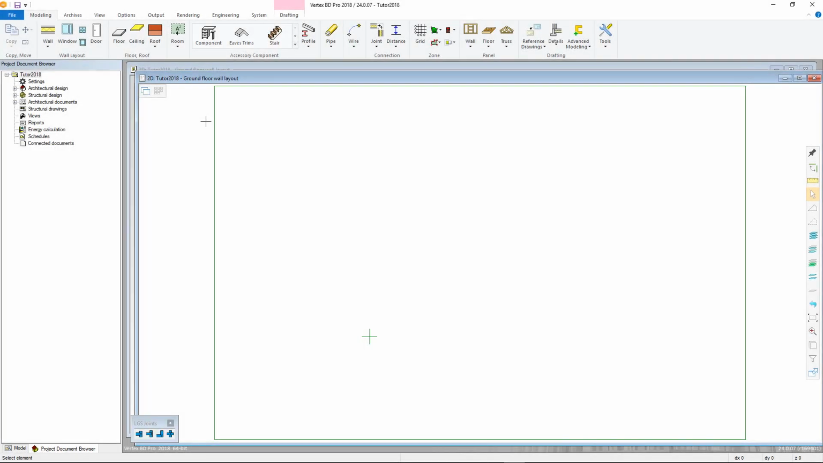This video will look at reference drawings, how to add and convert them from DWG format, and how to add them into your project. Note that increased compatibility with DWG layers has been implemented from version 2018 onwards. To help speed up the conversion into Vertex BD,